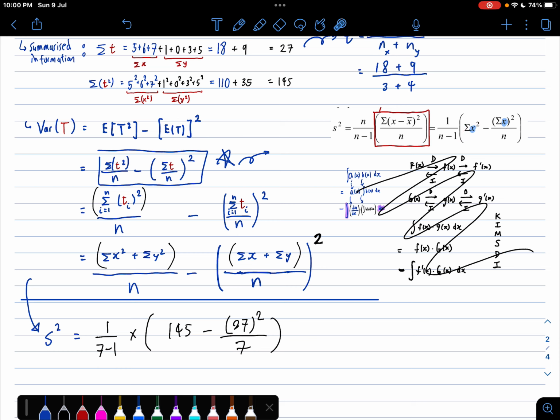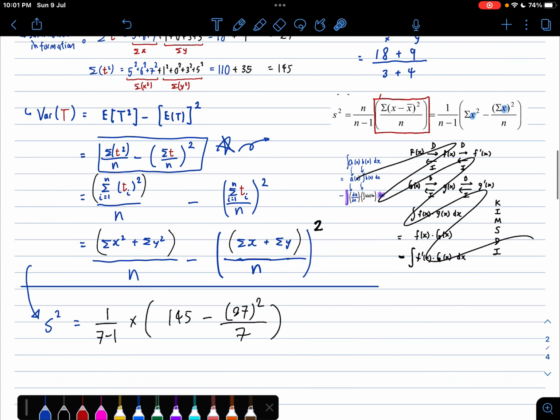And you have the sum of t, which is the sum of x plus the sum of y, instead of just a normal sum x. You can use this technique to tackle the